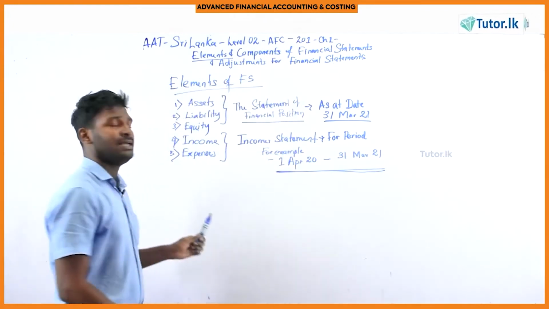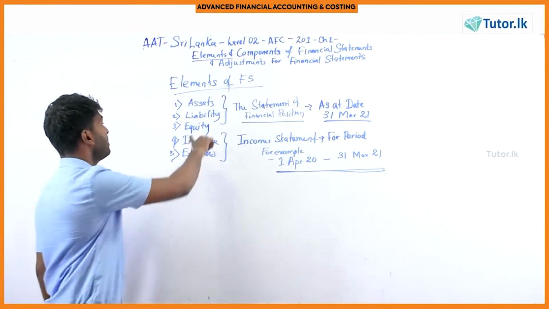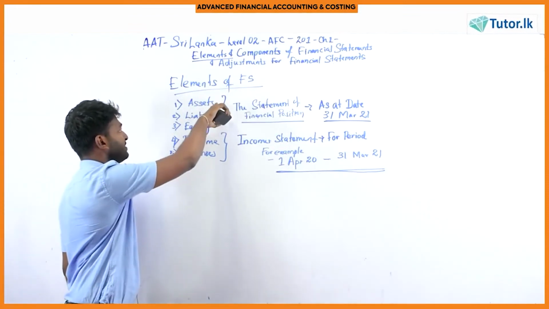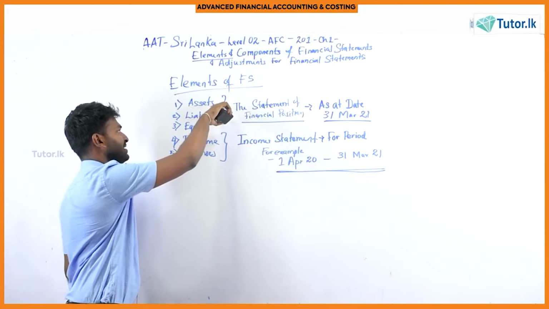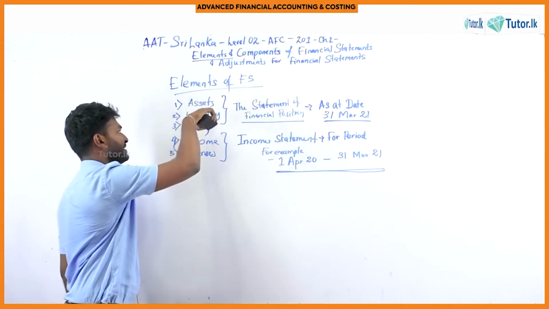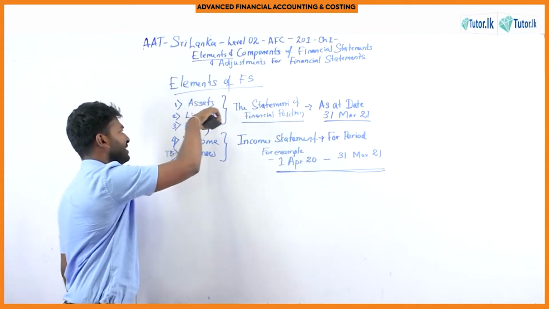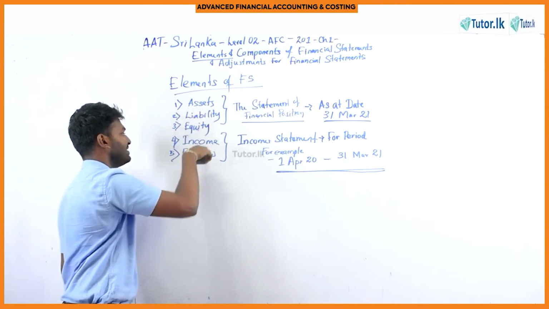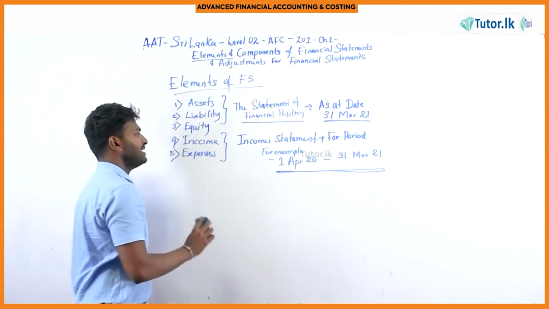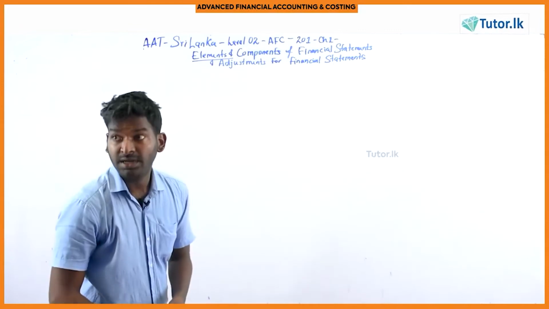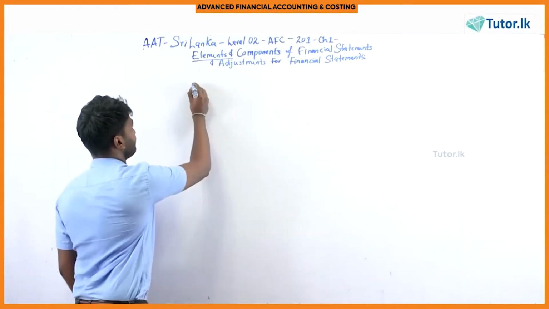Now we will look at a few of the components of each of these elements. So we will see what is inclusive and what is exclusive in assets, what is inclusive of liability, what is equity, what is expenses and what is income in a detailed manner. Now when it comes to assets,